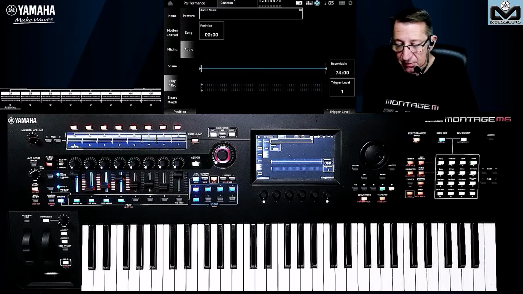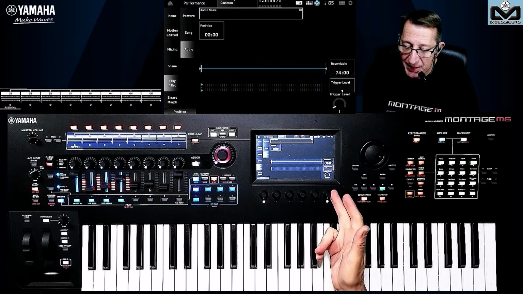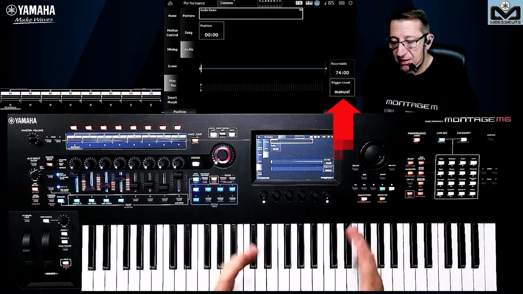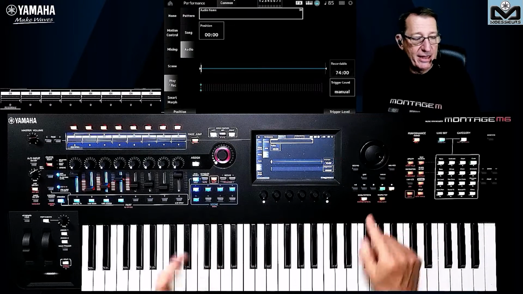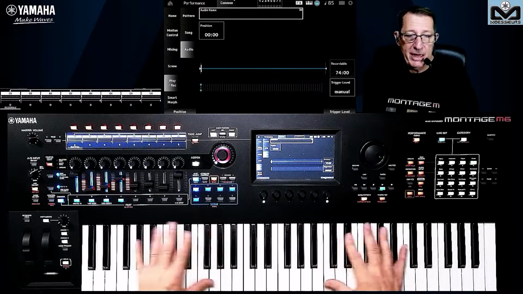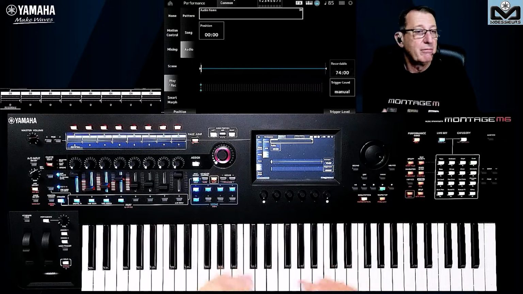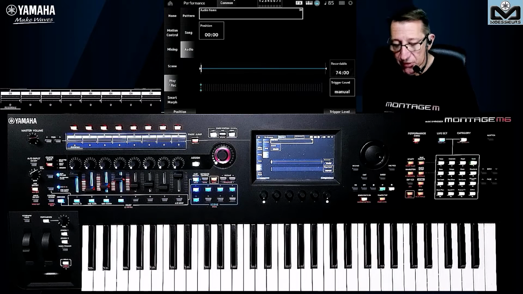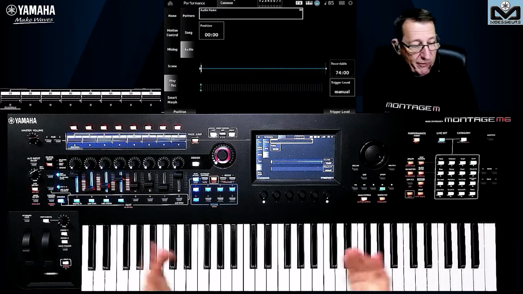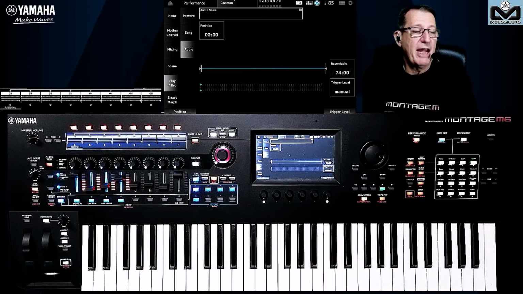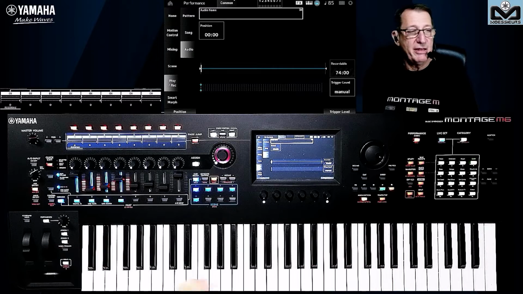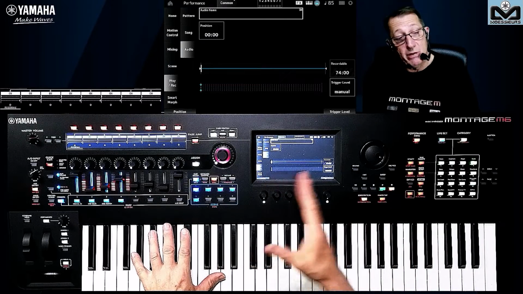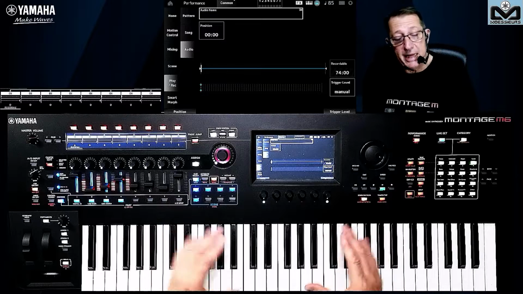Okay, so we have some different ways to work. With the encoder, we have the manual way for the trigger level, I would say. Manual means I press play, it starts to record, and when I am ready, I play. So I have 2, 3, 4, 5 seconds of empty space before I'm ready to play my performance. It's great if you have a friend with a guitar connected to the AD input to say, okay, press rec, play, ready, 1, 2, 3. It starts to rec and 1, 2, 3, 4, and go. That's a good way to do that.